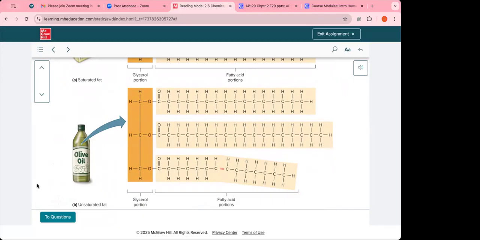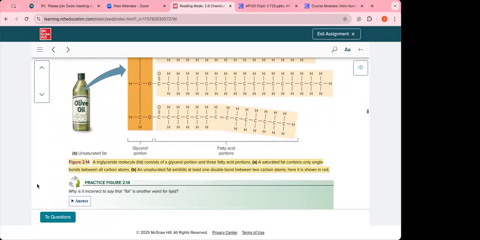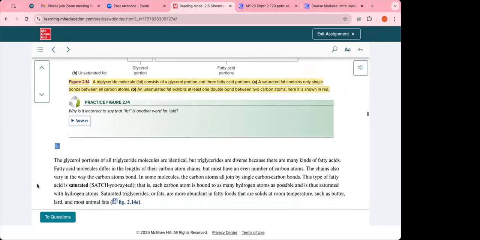So we're looking at an unsaturated fat when they break off like that. And what else do we have down below? We have something else or no? No, okay, so